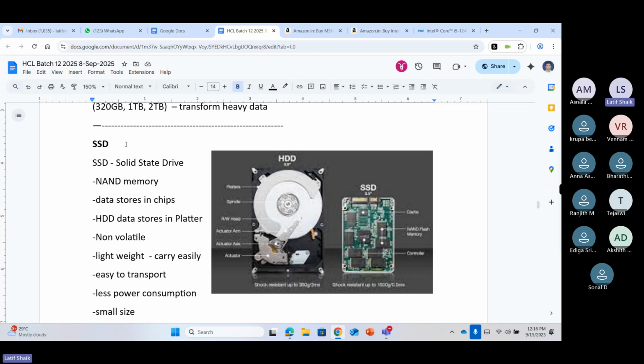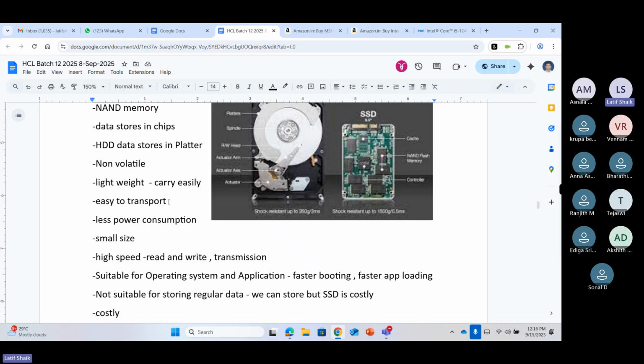Okay. So now we do a small comparison of the SSD to the hard disk. A hard disk is a magnetic type of memory. SSD is a NAND memory. In a hard disk, data is stored in the platter. In an SSD, data is stored in the chip. Both hard disk and SSD are non-volatile and used for mass storage to store your operating